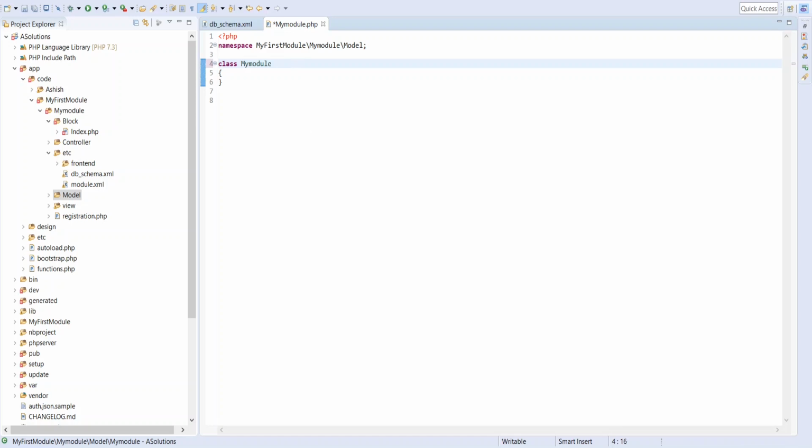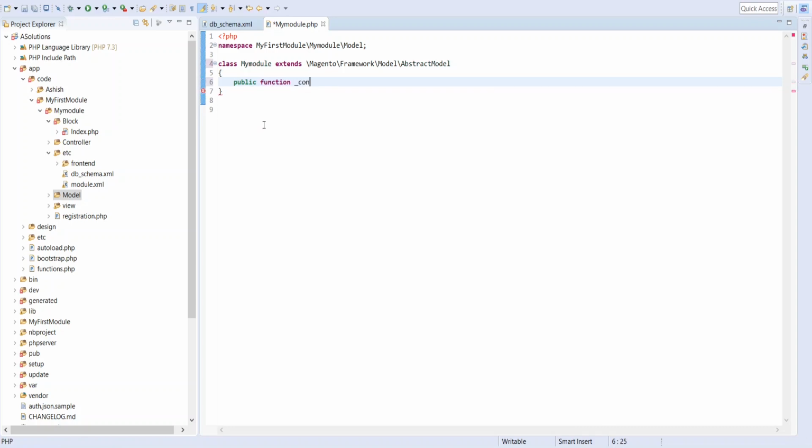Every model class in Magento must extend from Magento framework model abstract model. We will create a construct method, public function _construct.